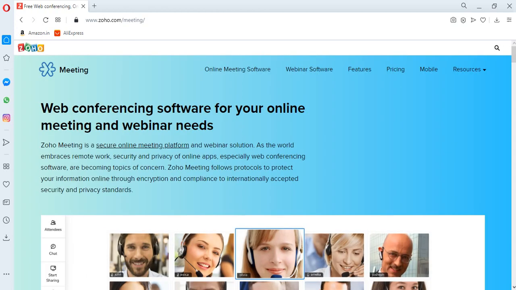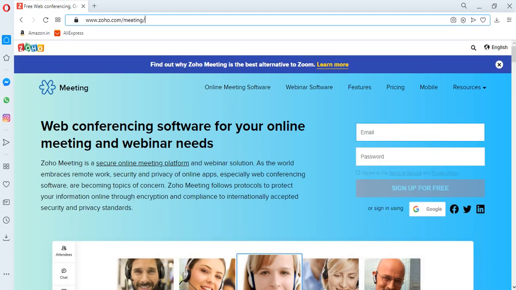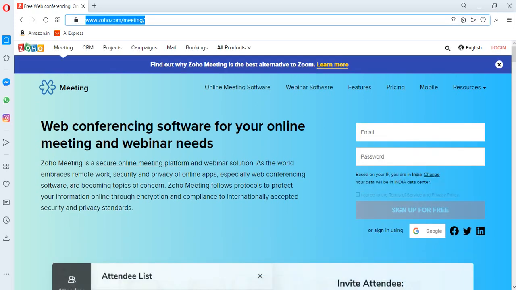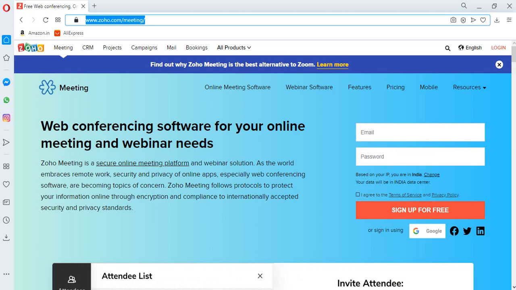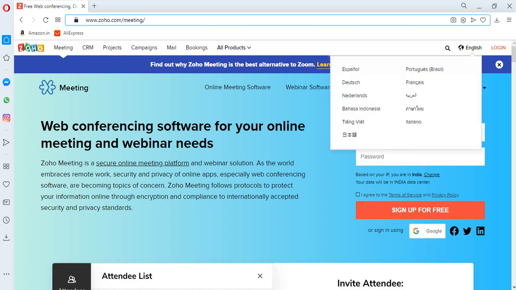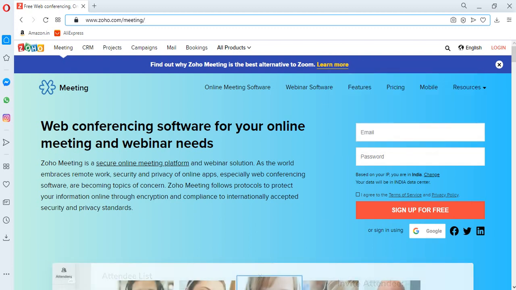When you click on that link, please see that in the address bar the domain name www.zoho.com/meeting will be seen. So this will direct you to the present page which you are seeing now.